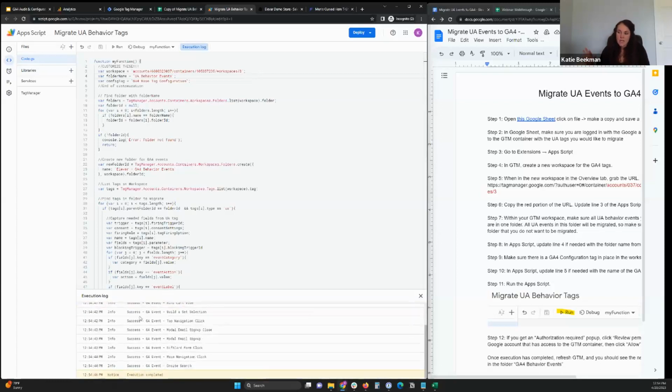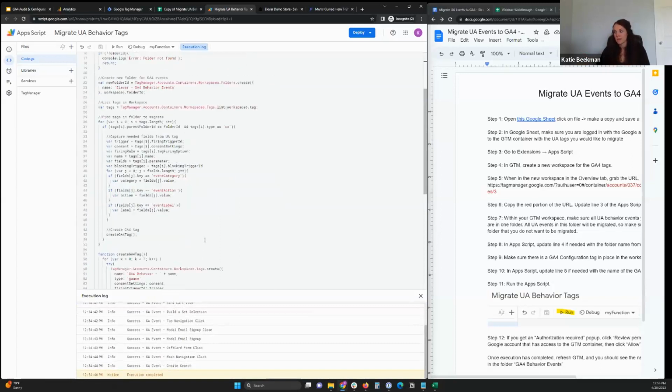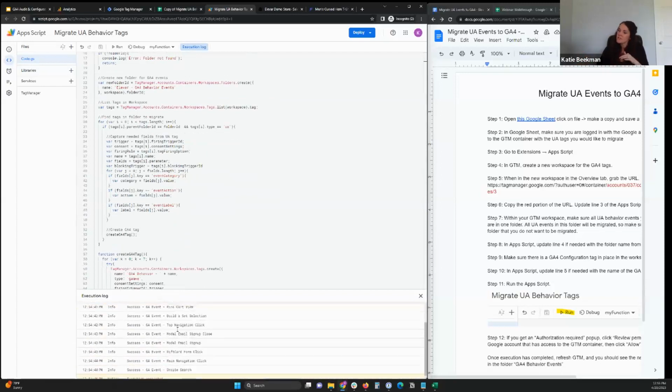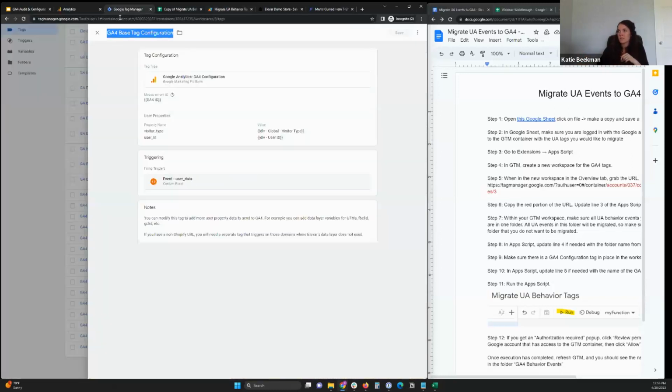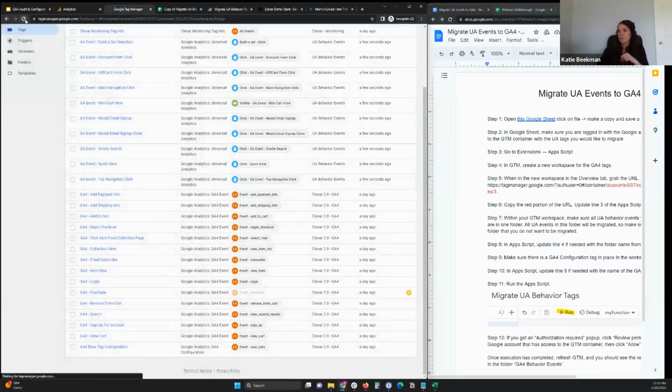If you have more than 15 to 20 tags that you're doing, you will probably start to see some errors pop up here. The GTM API has a pretty low per user per minute rate, so you'll probably hit some rate limits. The script will time out for a while and then it'll retry that same tag. So it might take a couple minutes for the script to run, but it should eventually get an execution completed. Then if you go into Google Tag Manager and refresh,